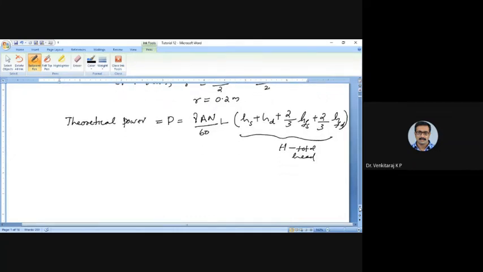So that we can calculate by using the Darcy's equation. So the frictional head loss